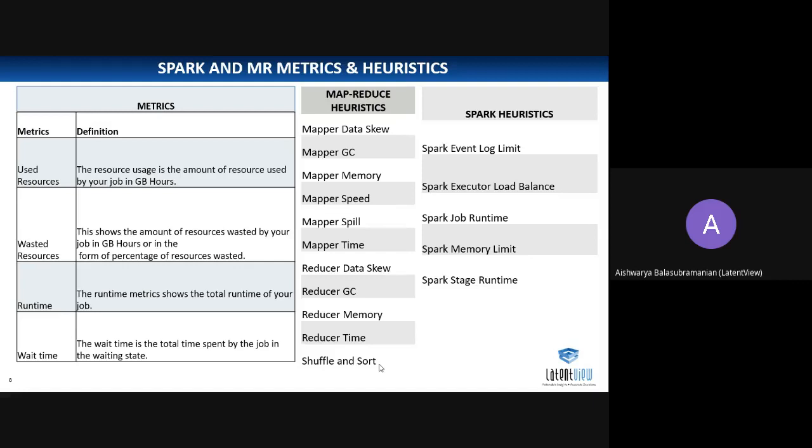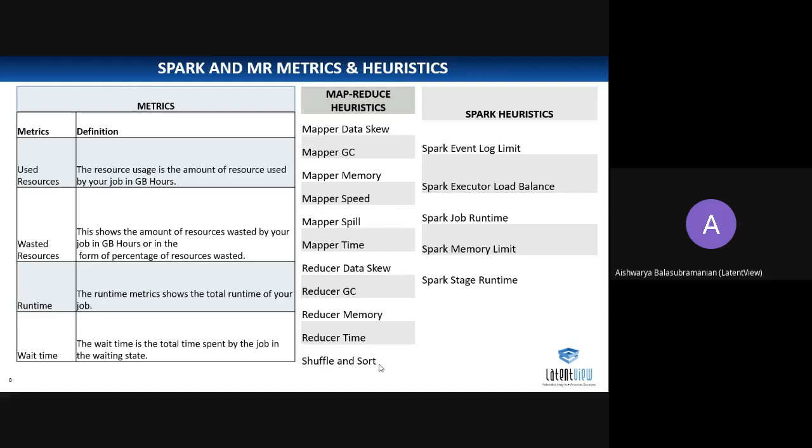Sometimes a larger amount of data will go into one mapper while other chunks of data are distributed among the rest of the mappers. That one mapper with the larger amount of data will be processing for a much longer time, because of which at that stage itself I will have data skewness. So that is my mapper data skew.